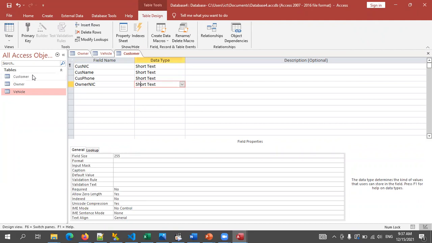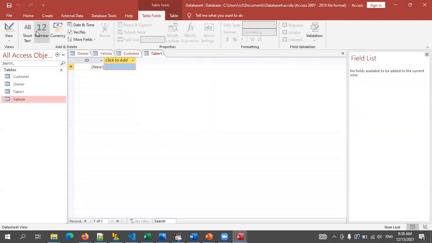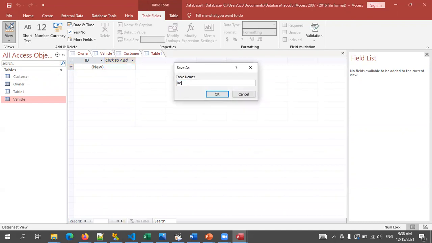Again, in order to create the customer and vehicle relationship, as I explained earlier, that relationship is a many to many relationship. So then we can't take primary keys from many sides. So both sides have many. Then we have to create a new table. So I'm going to create a new table. Create table. I'm going to name this as trip or rent.